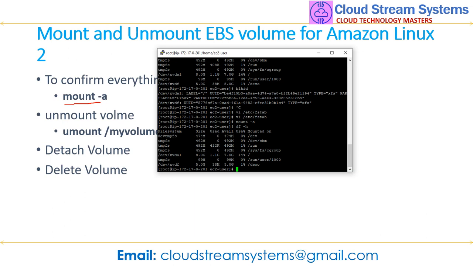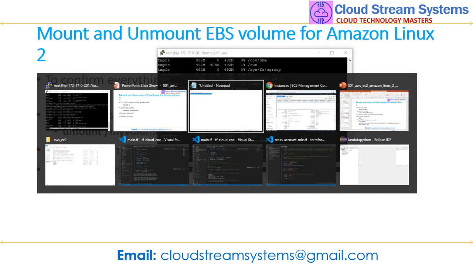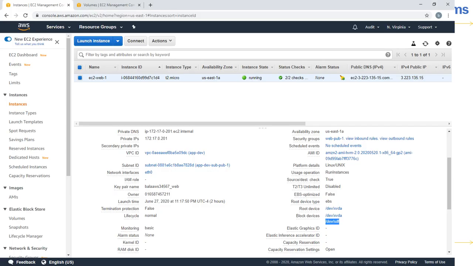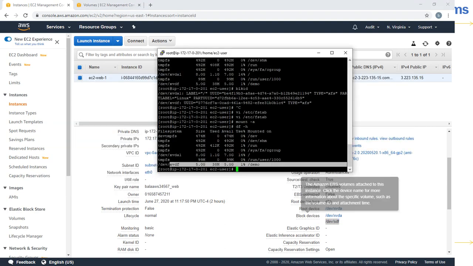You see it over here. Even if you reboot, you will never face any issues. And if you go to the console, you are able to see it over here. We are done successfully.